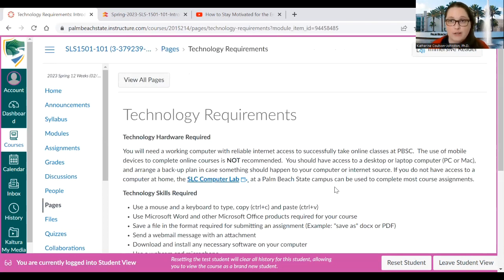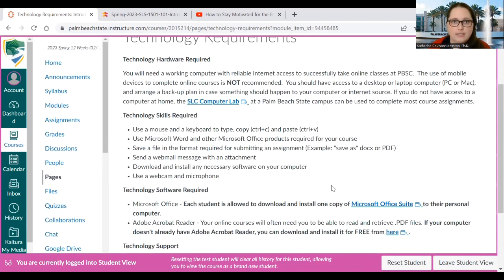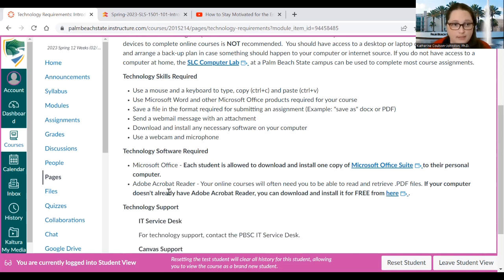So the technology requirement for this class is that you can access a computer. Luckily, we do have the ability for you to rent a laptop from Palm Beach State College, if that is ever anything you need. Palm Beach State also gives you Microsoft Office Suite as a student for free. You can also install Adobe Acrobat Reader for free.